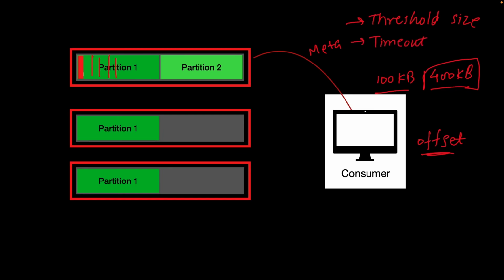So what does this mean? If the particular partition does not have a lot of messages, the consumer is not going to wait till eternity to meet the minimum size. So it is going to ask the broker to provide any messages if the size is greater than 100 KB or the particular timeout has expired. For example, it can provide, let's say, 1 second. If 1 second has elapsed, the broker will provide all the messages to the consumer. Or if the size of the messages is greater than 100 KB within 1 second, in that case the broker will send the information to the consumer. This is the request flow between the various components of Kafka.